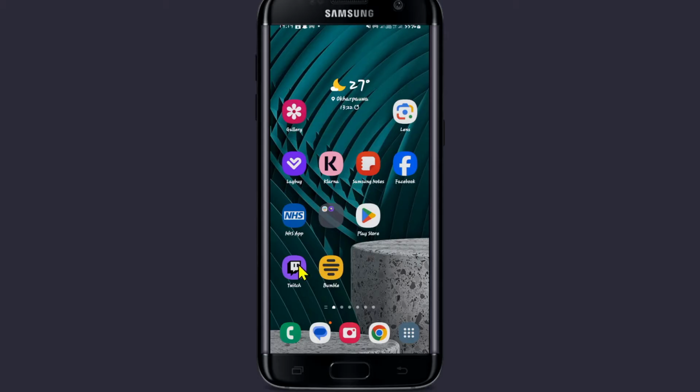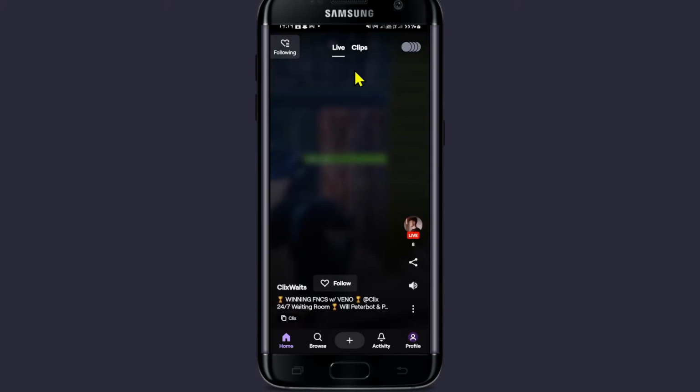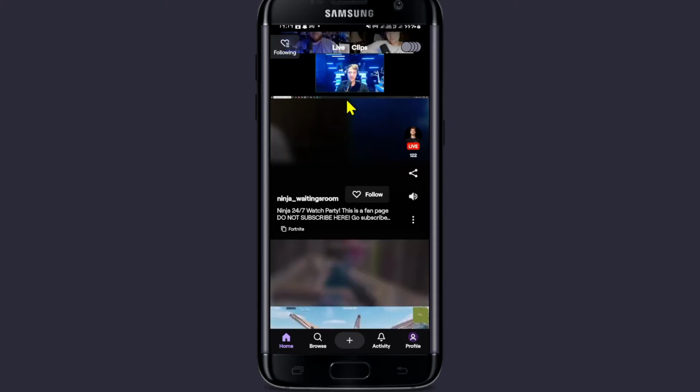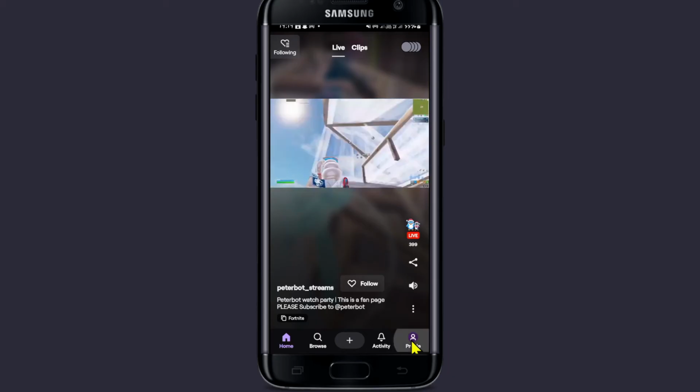First of all, open up the Twitch app on your device. And if you haven't logged into your account already, proceed forward with your email address and your password. And once you are logged in, you will end up within the home page, from which you can watch various different live streams. Now in order to change your display name, tap on Profile at the bottom right corner and